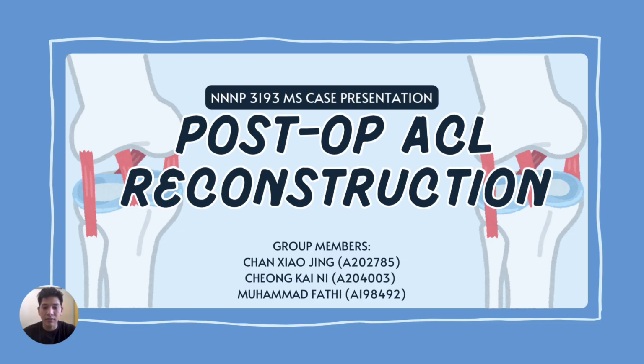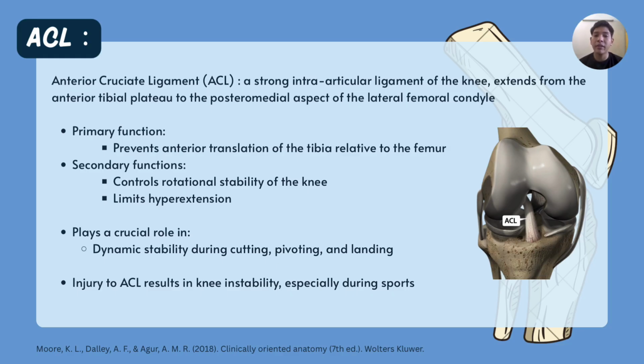Let us begin. To understand the why behind reconstruction, we first look at the anterior cruciate ligament or ACL. It is a robust intra-articular ligament extending from the anterior tibial plateau to the lateral femoral condyle. Its primary job is mechanical. It prevents the tibia from sliding forward on the femur. Beyond that, it acts as a secondary stabilizer for rotational movement and prevents hyperextension. In the clinical context, the ACL is what allows dynamic cutting and pivoting. When this ligament is compromised, the patient loses the essential stability, which is exactly why surgical intervention becomes necessary for